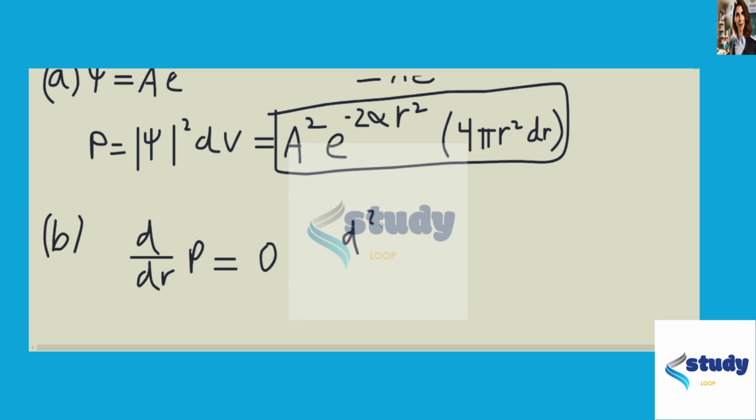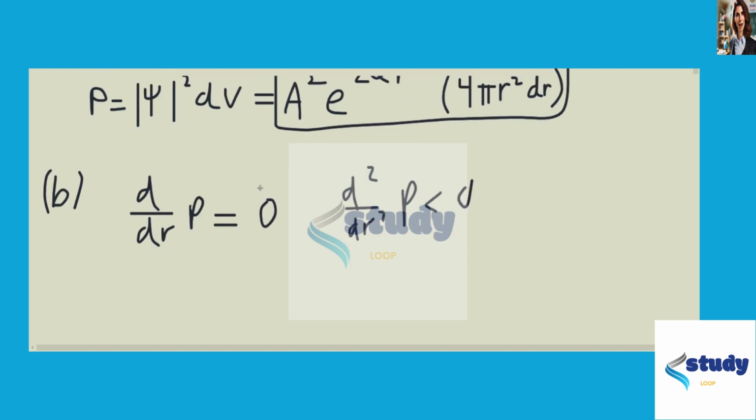So how do we make sure it is a maximum? Well, we want to measure also d squared P. There are requirements for this to be a maximum of a function. So let's do the first one,